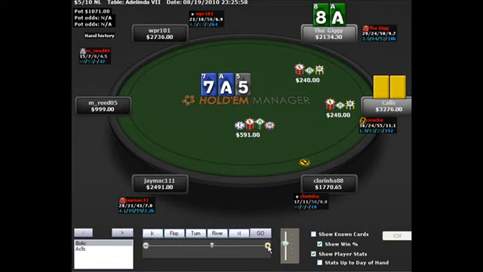So with my reads, I finally decided that betting 240, which would be my standard bet with air and stuff, and like I said, which would keep my range as balanced as possible, is going to be the best play. Turn is an ace,